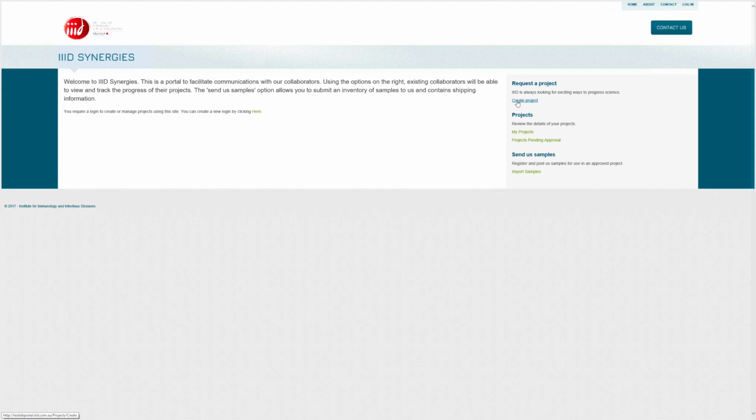So let's create a project. Click on the Create a Project button, type in your username. I'll use a registration test as my username. Type in your password and click login. Again, if you have not created an account, you can click on here to create a new account, which will need to be approved. As I said, the password would have been sent to you in an email. Once you've logged in,